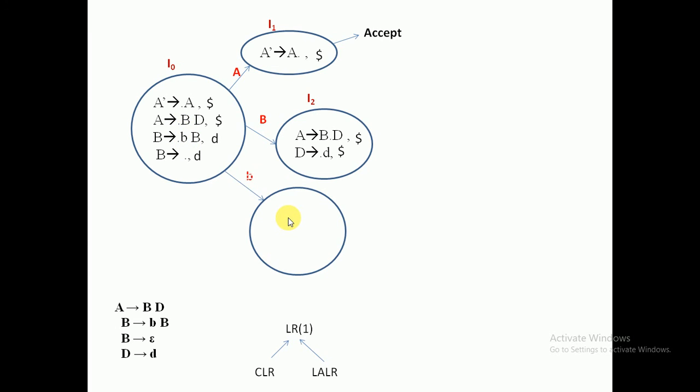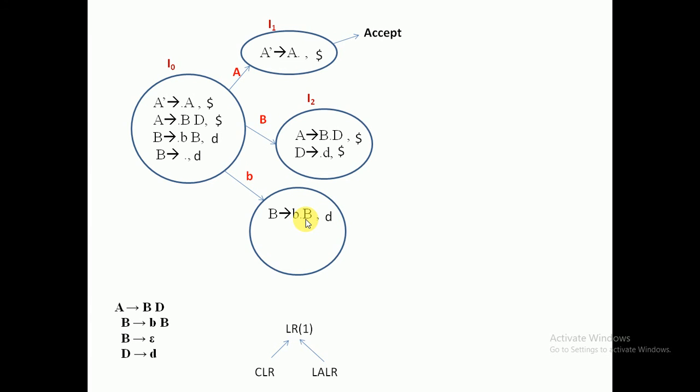You will reach at B dot B, and what is the production look ahead? D. So simply you have to write the look ahead also. After you write this, move over small b, and where are you reaching? You are reaching at B dot capital B. So after this dot, is it a non-terminal or not?